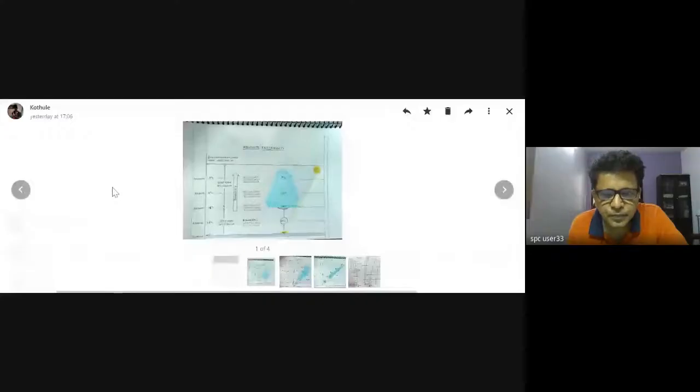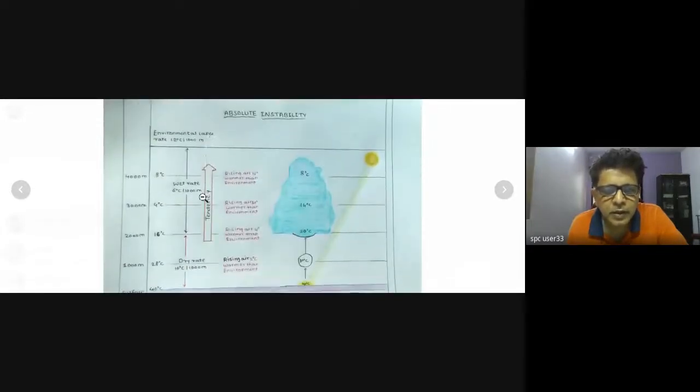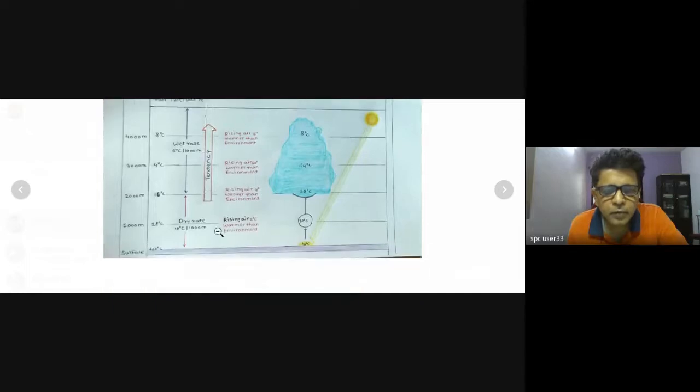But as I said, I had asked you all to draw the diagrams. I have just received a few of these diagrams. I would want to show them to you all, and I would start with this one. Okay, Tushar has come up with very good diagrams. Okay, this is absolute instability. Okay, beautiful diagrams,